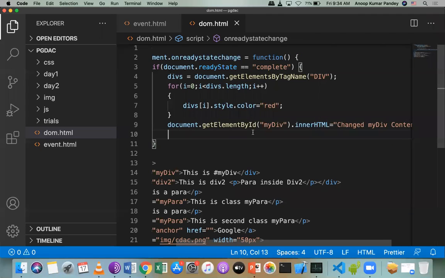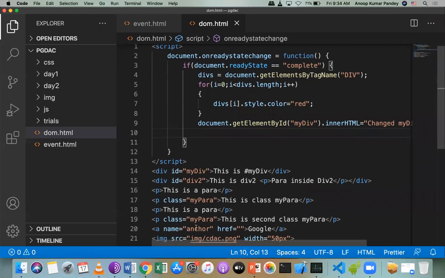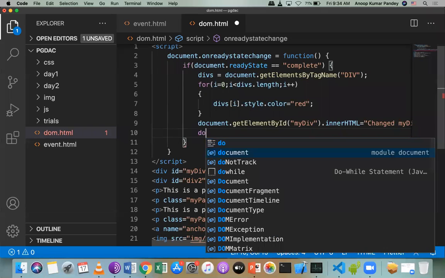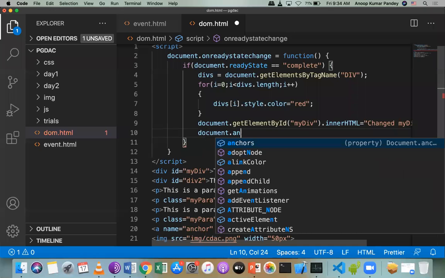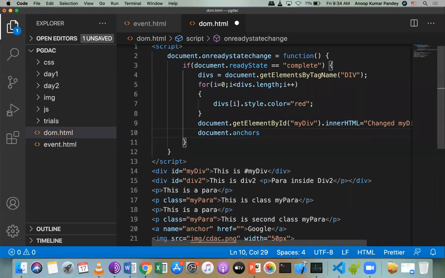Now we already saw that one anchor is there, but for this the href is not there. So href should be there, which will lead me to Google. So how can I change someone's href? So document.anchors. Document.anchors returns all the A elements, and there is only one element. So I will use the 0th element.href equal to